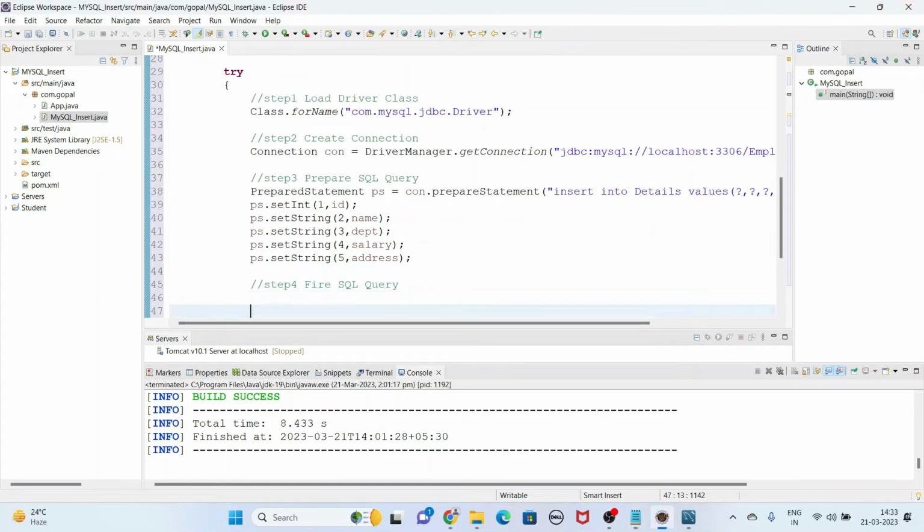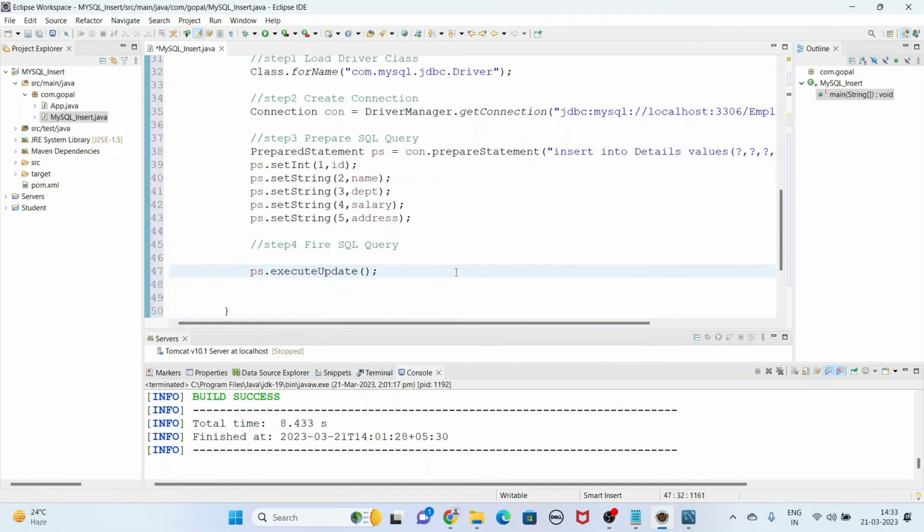You have to write ps.executeUpdate. If you write ps.executeUpdate, your database table will be updated. But how do I know during the run of the program? So